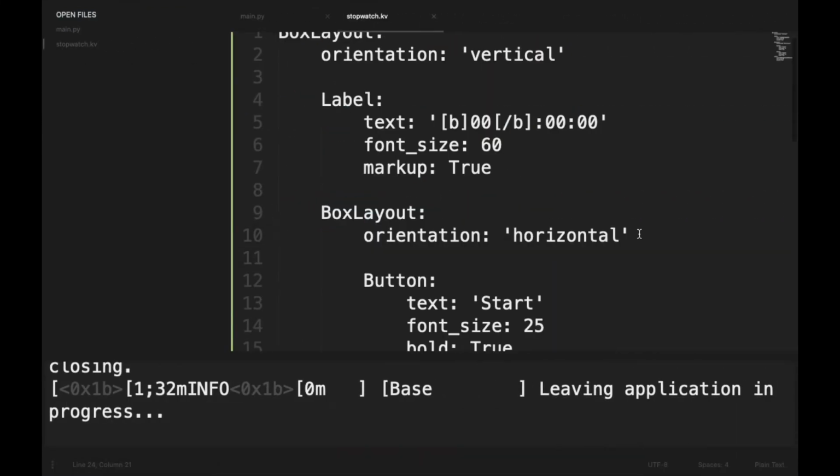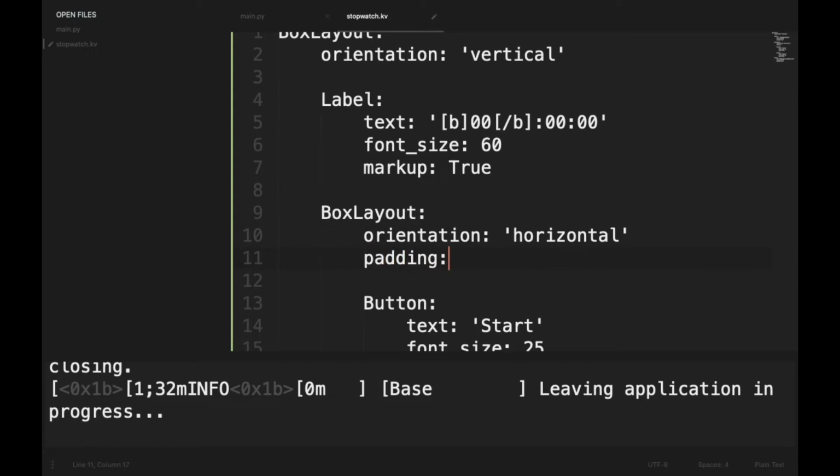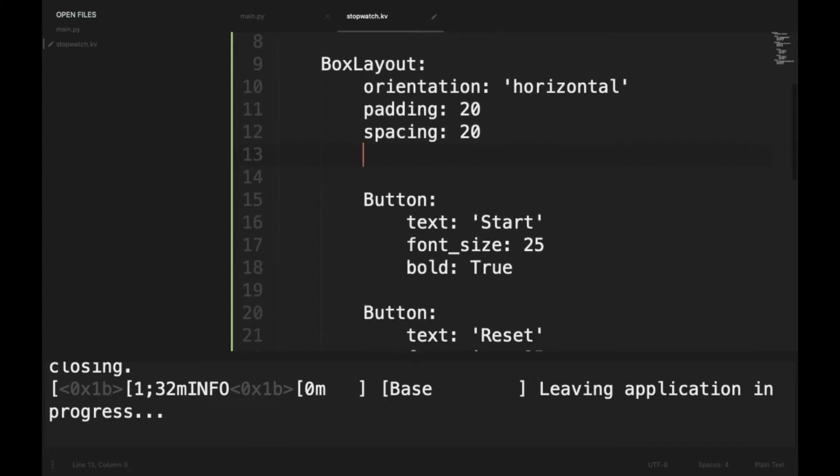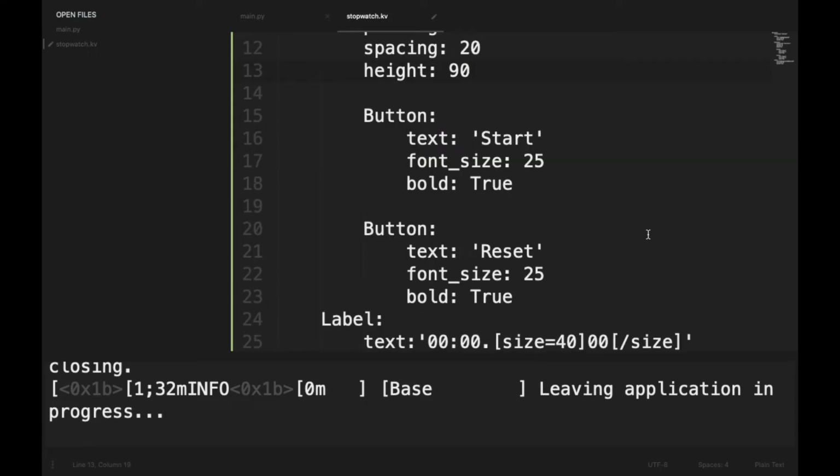Here in this box layout we will be adding padding 20 and spacing 20. Padding works similar to CSS, and spacing is the space between two adjacent elements. And now we will set the height of this box layout to 90, but the height won't work by just declaring it. For this we will have to set size hint to